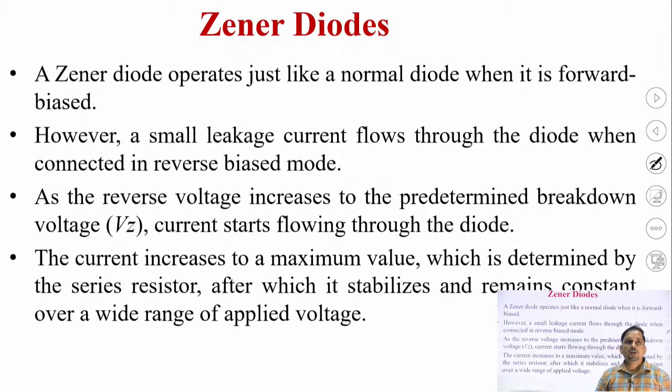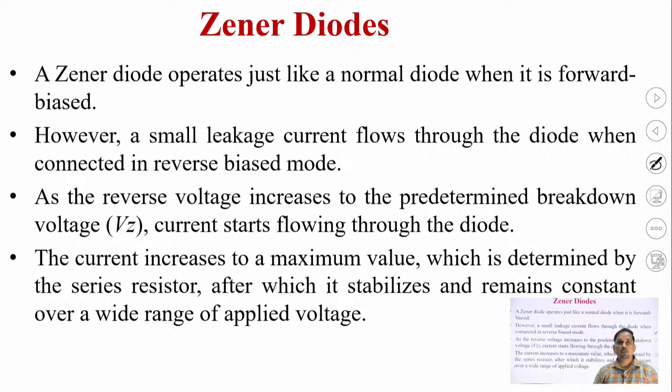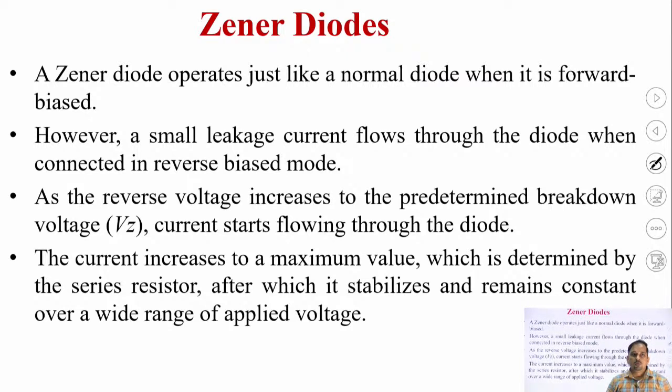As I have already told you, a Zener diode operates just like a normal diode when it is forward biased. Means under the forward bias condition, the Zener diode works in a similar fashion to a conventional P-N junction diode. In the reverse bias region, a small minority carrier current, also referred to as leakage current, starts flowing through the Zener diode. But as the reverse voltage increases and reaches a value which we denote as Vz, the Zener voltage,